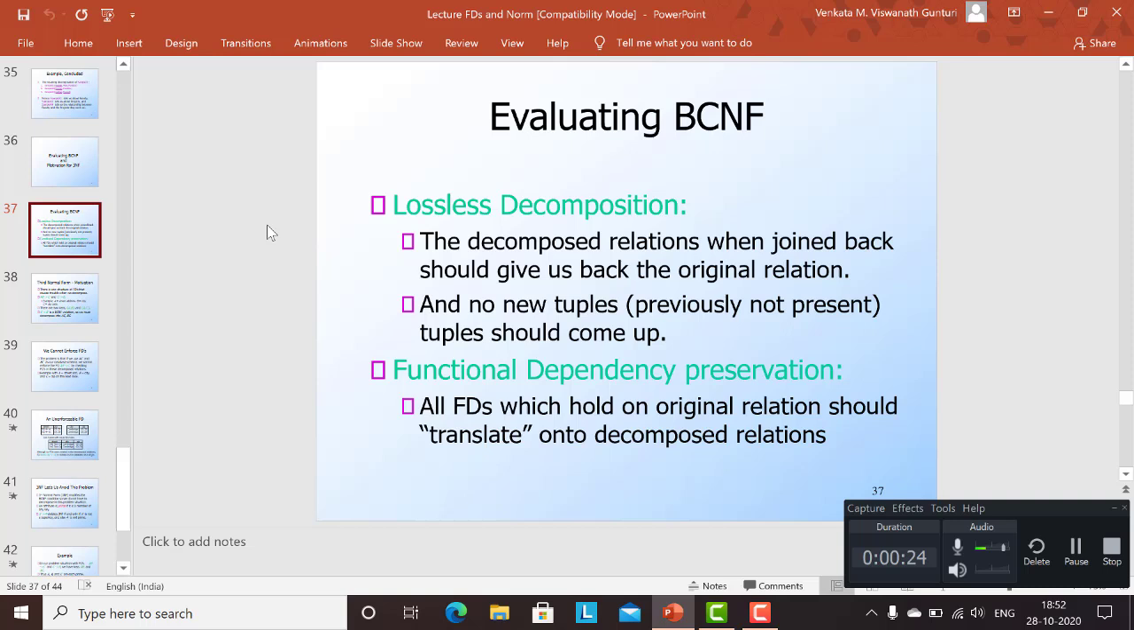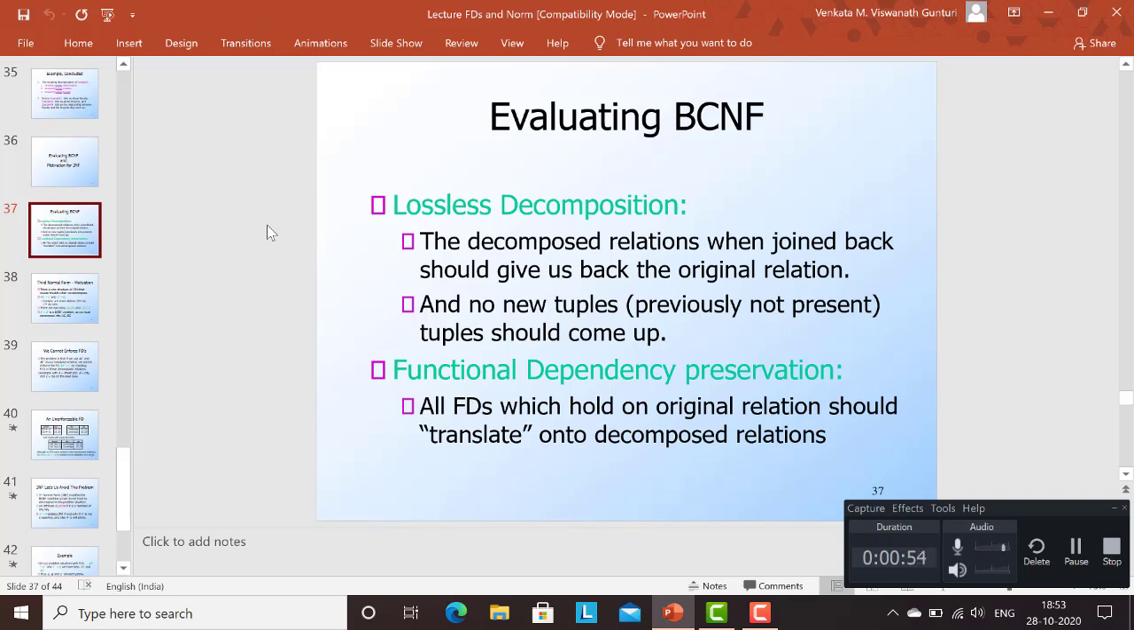Of course, the aspect zero, so to say, is that we should have minimum data redundancy, and you should not have update and delete anomalies. So that is sort of step zero, if you will. And beyond that, there are two other things which are of importance. So one is the characteristic of what we call lossless decomposition, and the second one being functional dependency